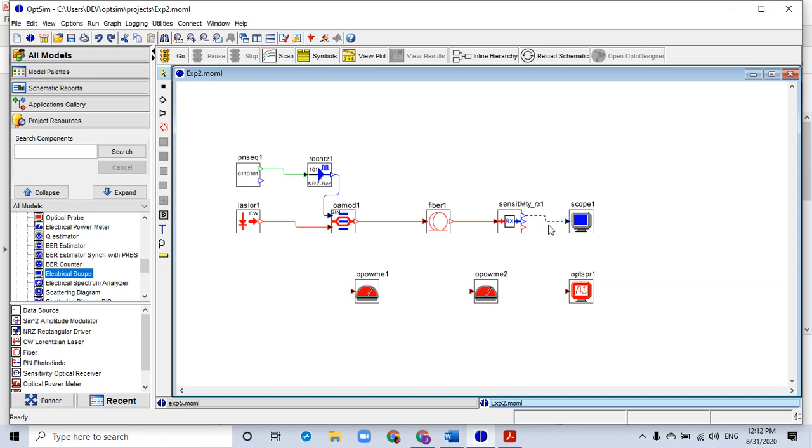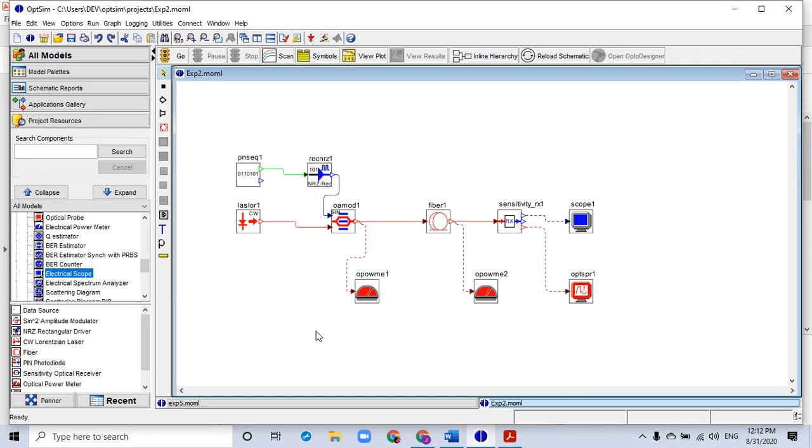So we need to connect all the measurement components too, and I want to connect the optical power meter at the input of the fiber or at the output of the amplitude modulator. And the next is to connect the second optical power meter at the output of the fiber. So this is my optical link of 10 Gbps NRZ signal, right?